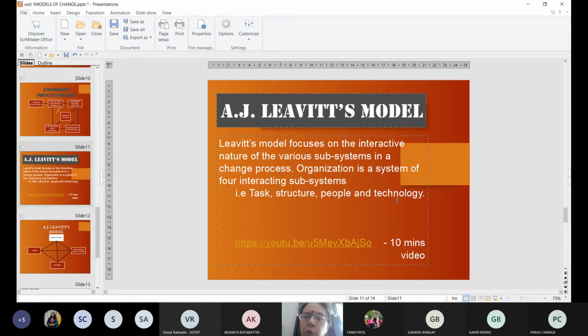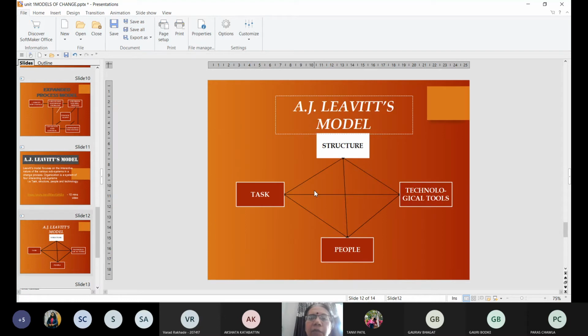हर एक ऑर्गेनाइजेशन को चलाने के लिए ये 4 चीज तो जरूरी है, राइट? You need people, human resources who are going to do work. You need some infrastructure in your organization. Every person who is working will be given a task and there is some technology in the organization. So ये चारों जो है सब सिस्टम, उसमें से किसी एक में भी अगर चेंज हुआ तो it is going to have an impact on the other 3. This is represented by this diagram.